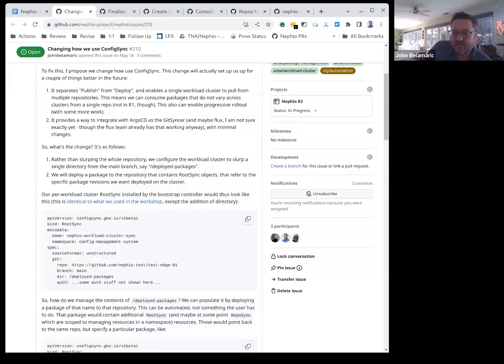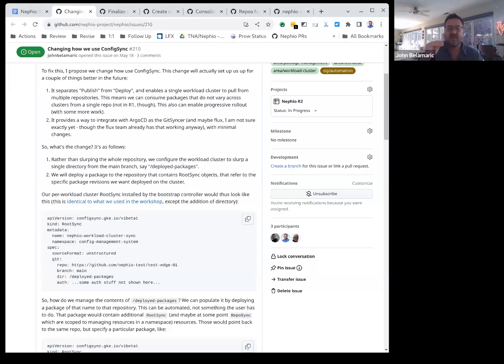So this proposal has two parts. One, we start using a root sync per package, but two, we use another package that's sort of the manifest of stuff that should actually be running.